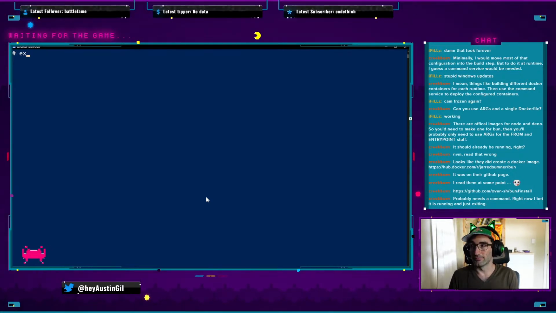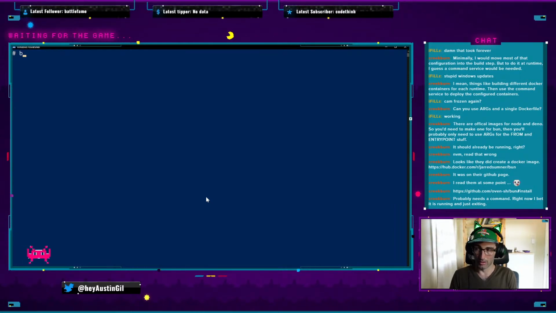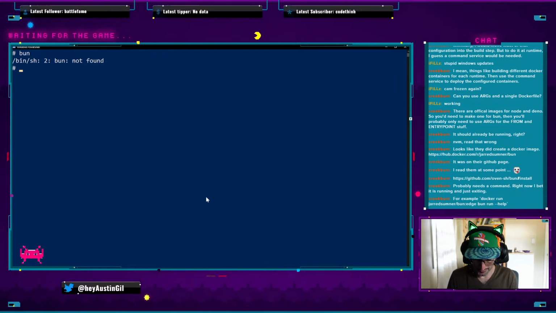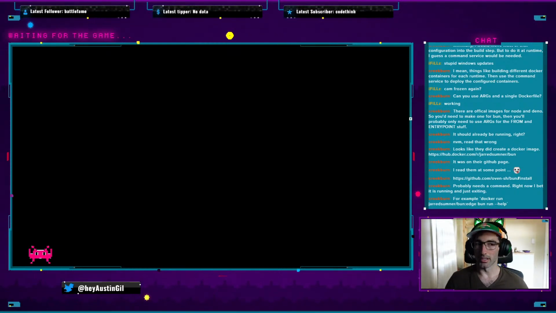I'm going to exit. And then I'm going to redo the same thing. And hopefully this is going to have reloaded my bash profile, in which case, bun would have been found. Alright, whoa. Oops. I think I just locked my computer. Okay, so